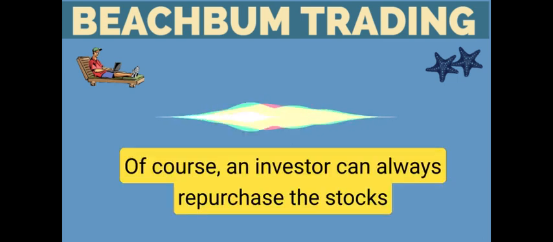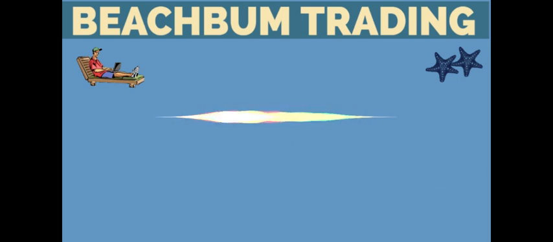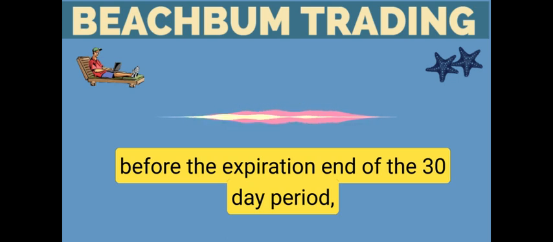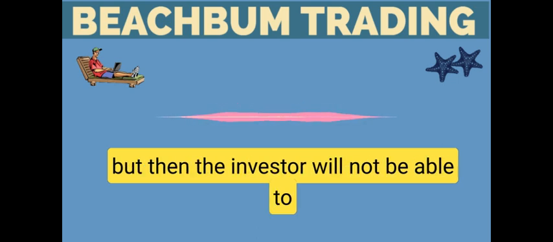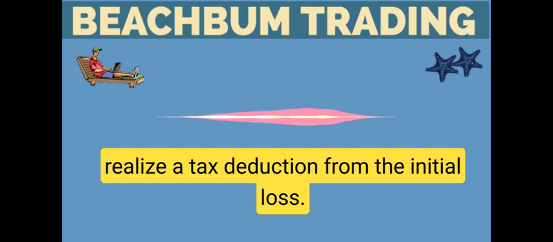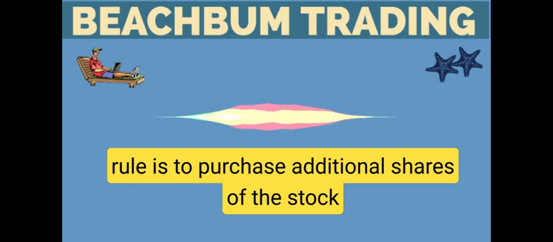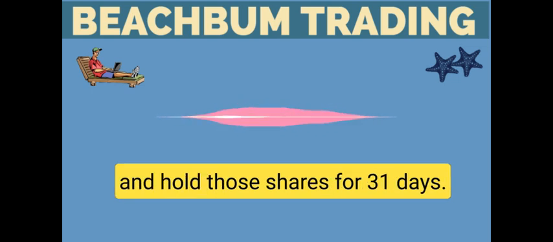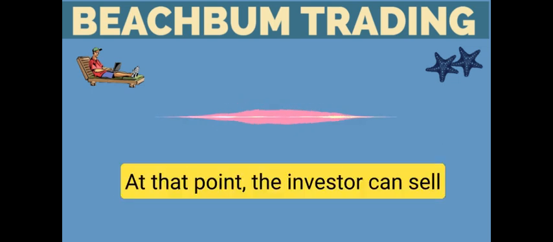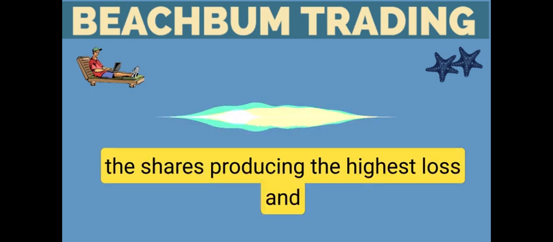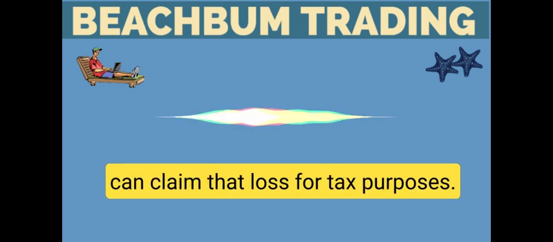Of course, an investor can always repurchase the stocks before the expiration of the 30-day period, but then the investor will not be able to realize a tax deduction from the initial loss. Another simple technique for avoiding the effects of the rule is to purchase additional shares of the stock and hold those shares for 31 days. At that point, the investor can sell the shares producing the highest loss and can claim that loss for tax